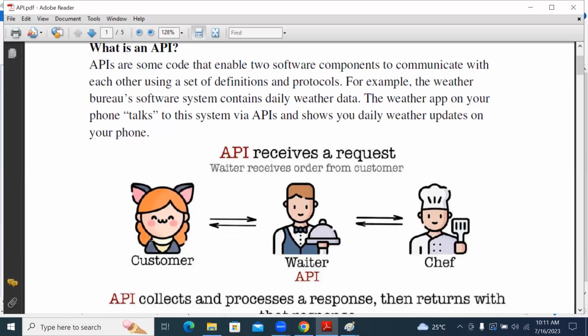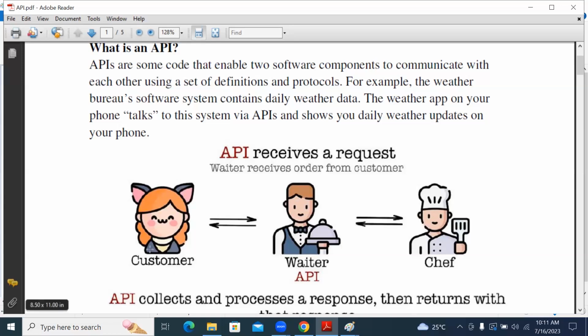You order food. But when you order food, it's not like you go directly to the kitchen platform and order your food in the kitchen. You have a mediator. That is the waiter concept. Very easy understanding, guys. See what exactly the concept of API is. So you got a waiter.